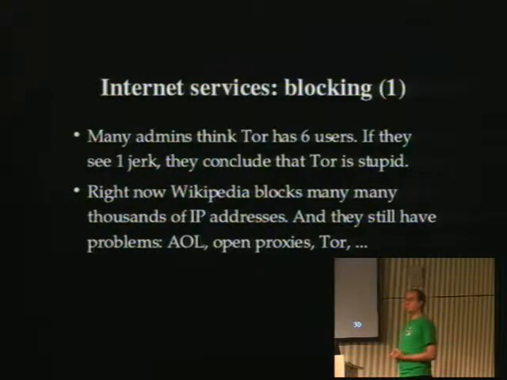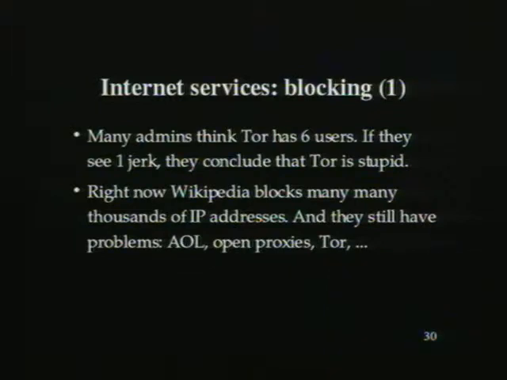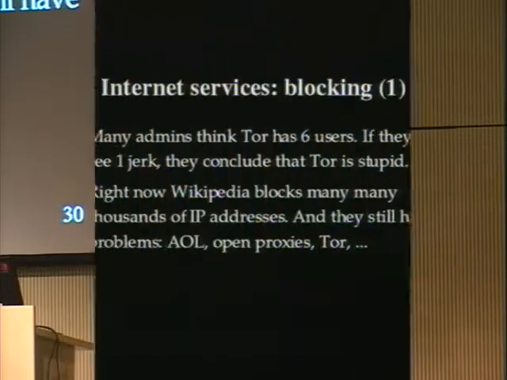For example, there are a lot of network and sysadmins out there who think that Tor couldn't possibly have very many users. They figure that there are 6 people somewhere in the world using Tor, and they see one jerk show up through Tor. So then they say, you know, one of your 6 users is an idiot. Tor is stupid. And it's hard to explain this to them because they don't realize that we've got 250,000 people